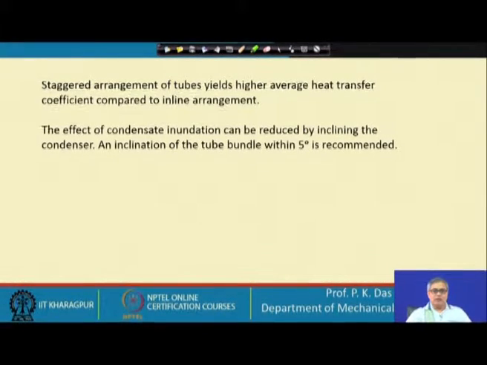So, this problem then gradually, what we have seen is how to calculate film condensation on a single tube, and how to calculate the film condensation if there is a tube bank and there are a large number of tubes in a column.